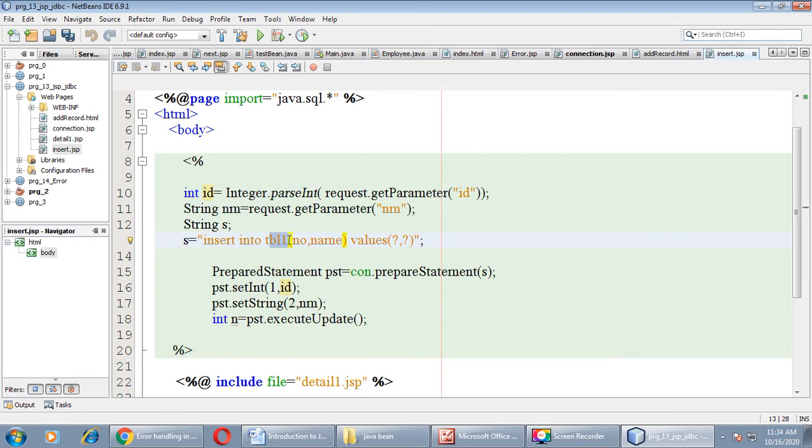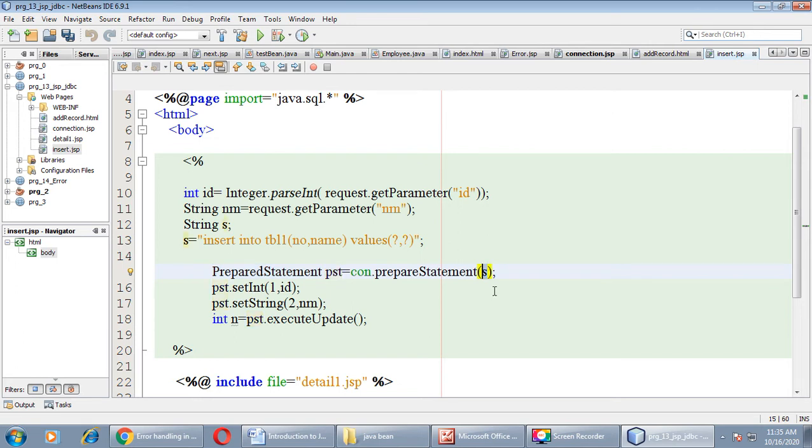As all of you know the use of the PreparedStatement class, here I have put 2 question marks. By using setter methods we will pass the values for both these question marks one by one. As you can see, PreparedStatement pst, this is an object of the PreparedStatement class, will pass the query in the prepareStatement method.